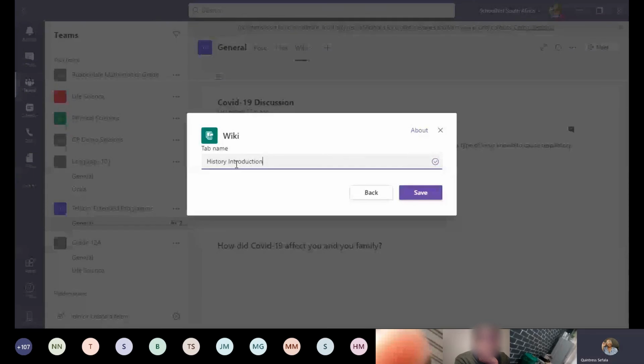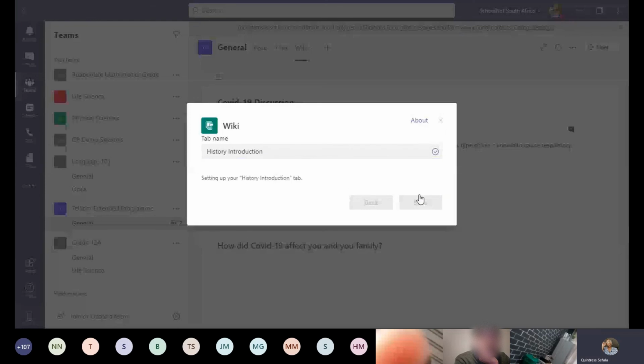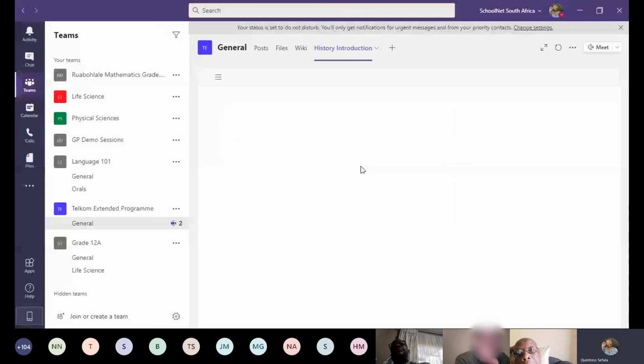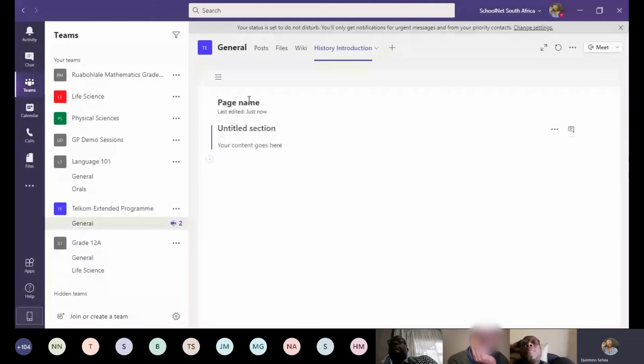History introduction, and then you save. So once you save, it will automatically announce in our notice board that you have inserted a Wiki collaboration space where we can collaborate and talk about all about history and anything within history, depending on what you'd like to introduce in your history. So your page name could be,